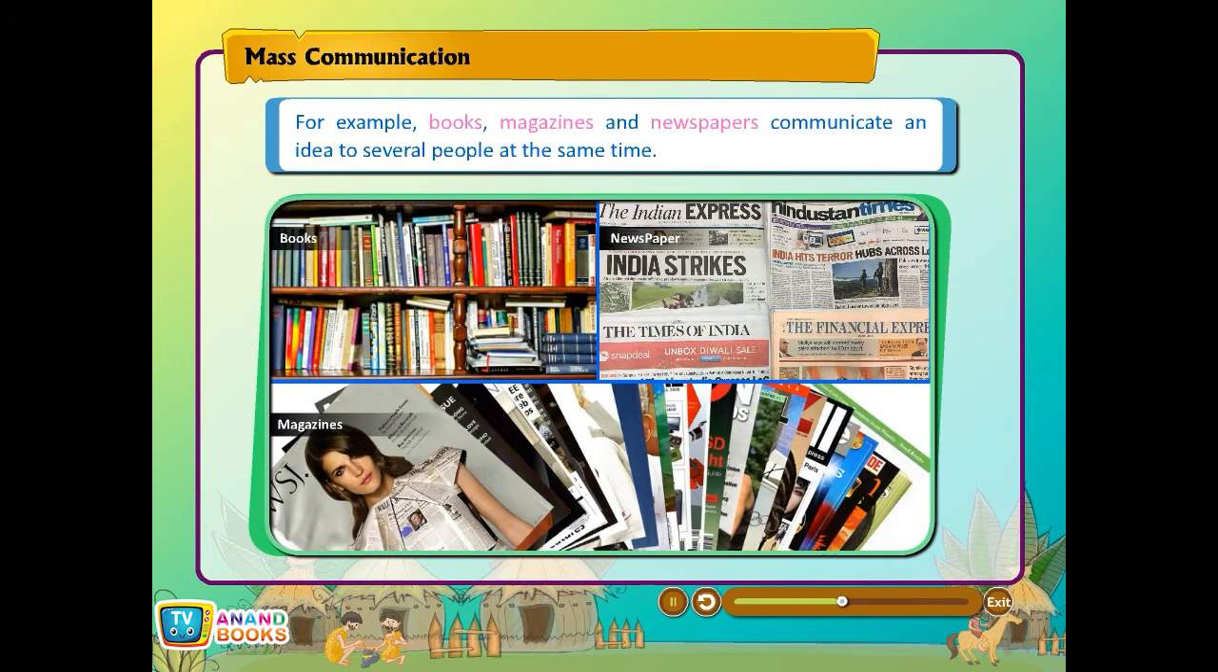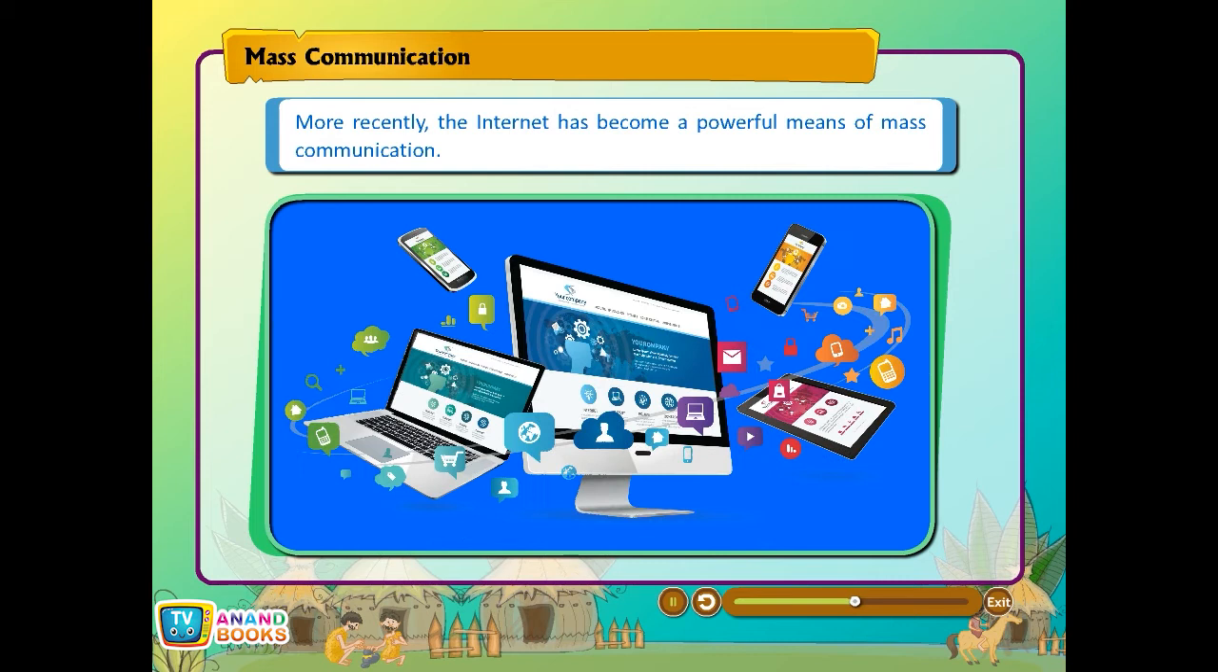For example, books, magazines, and newspapers communicate an idea to several people at the same time. They are means of mass communication. Today we know a lot about what is happening around the world. The invention of the radio, cinema, and television has revolutionized mass communication. More recently, the internet has become a powerful means